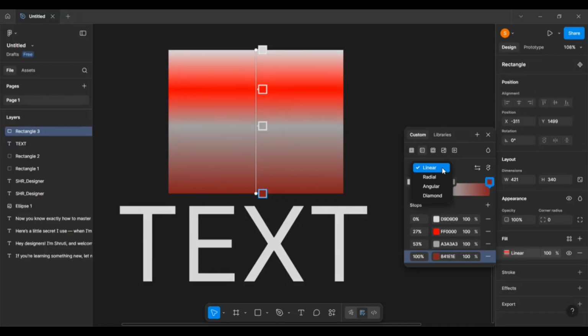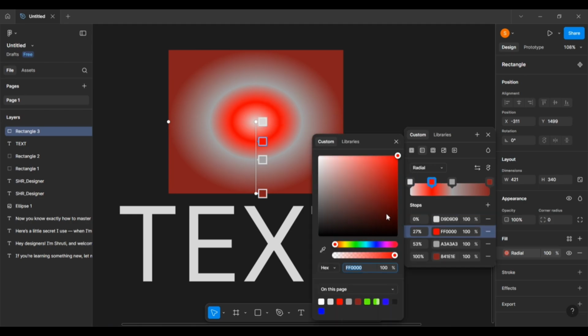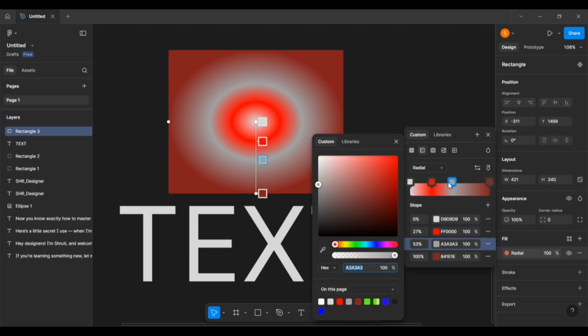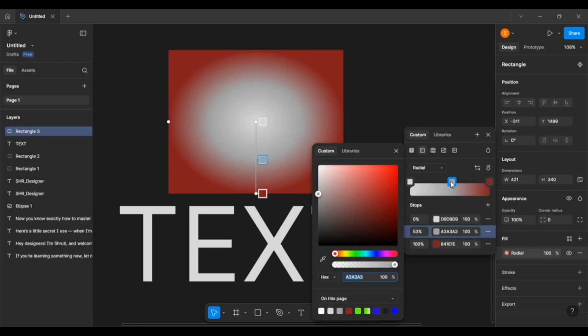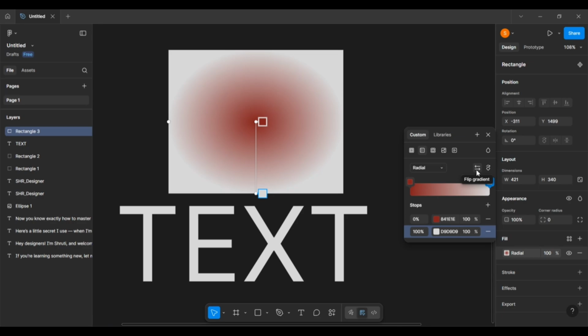रेडियल पार्ट, यहाँ आप देख सकते हो, इस पे भी आप कलर चेंज कर सकते हो. If you want to delete, basically you want that this red and these two get deleted, then just click on that and click delete on your keyboard. Click the rectangle box and delete on your keyboard. It will automatically get deleted. ठीक है. This is basically the flip gradient. If you want that white side to be present at the right side and red at the left side, just flip this. Boom. We can see it over here.